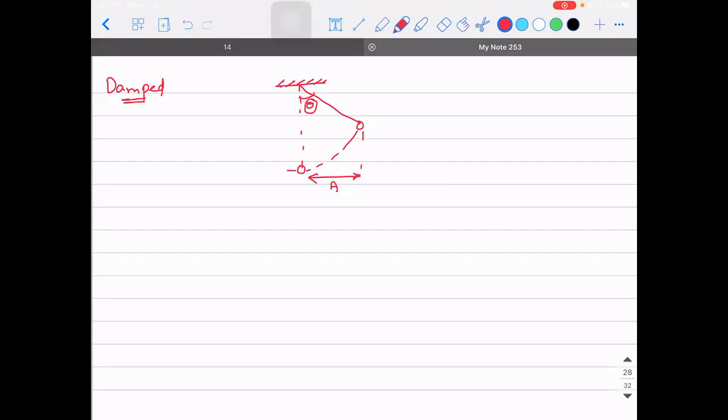Once I release this, what will happen is the pendulum will come on the other side to the same angle theta, right? Again, mg sin theta will start acting in this direction and it will go to the other side. And let's say it is again going back to the same value theta on the other side, here also mg sin theta. Now my question is, is this the way the pendulum is going to oscillate throughout? Will it be able to cover these angular displacements theta throughout its journey, or will there be a decrease in the value that is going to take place?